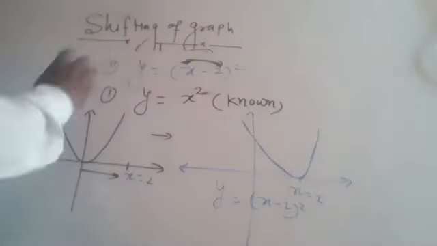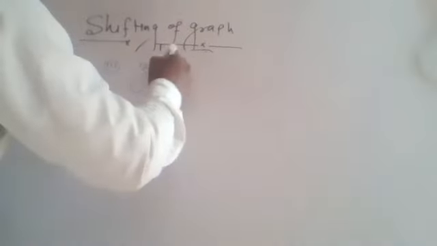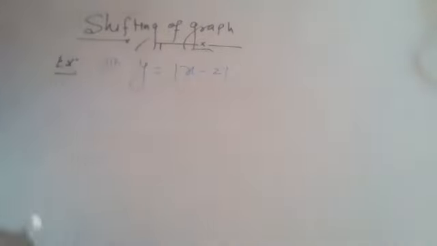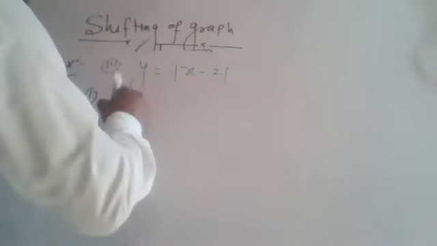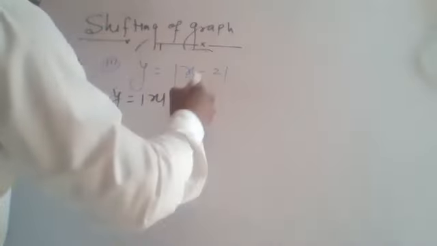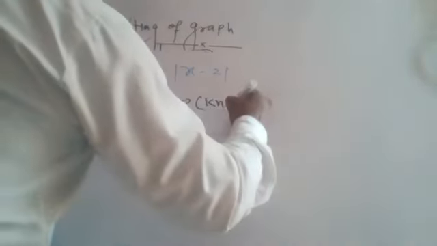No, sir. Okay. Now draw one more graph based on it. After that, we will discuss. Next one: draw the graph of y equals mod x minus 2. Okay, we know the graph of mod x also. Now we have to draw the graph of y equals mod x minus 2. Just see, what will be the basic graph? The basic graph will be y equals mod x, because this is a modulus function, and we know the graph of y equals mod x.